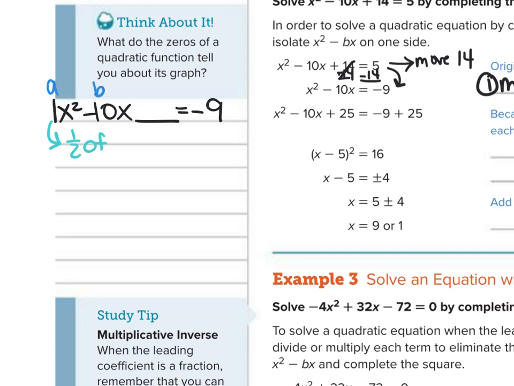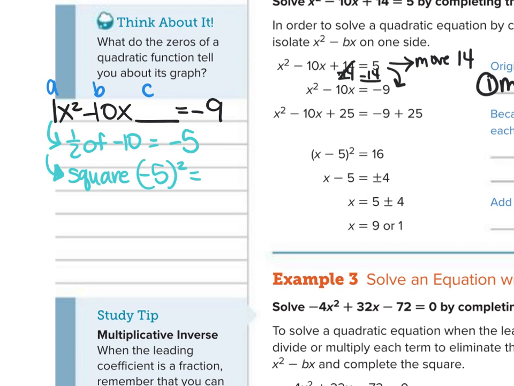A, B, we're looking for c. So which number do I find half of? B, so the negative 10. Make sure you keep that negative with it, okay? So if I divide negative 10 by 2, or take half of it, what does that give me? Negative 5, okay? And then square your answer. So if I do negative 5 squared,